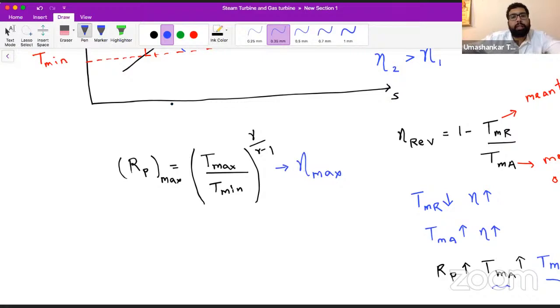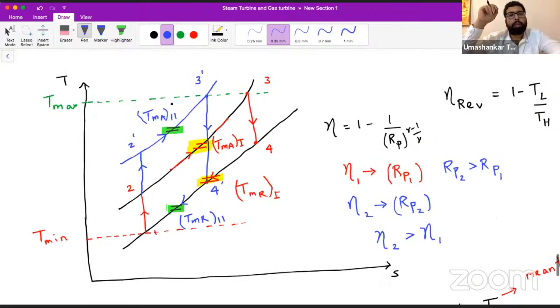So you may feel, sir, this is the best thing we can do. We always want highest efficiency, good efficiency, very nice efficiency. If you are getting very happy that we are getting the maximum efficiency, so always we must raise the pressure to its maximum possible value. But you are wrong, my dear friend, because see, if you raise it,